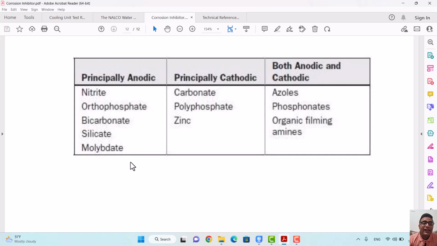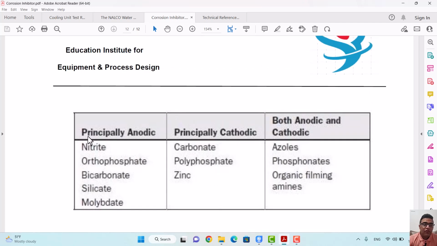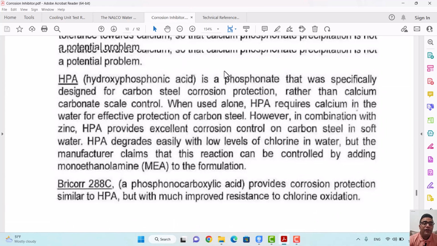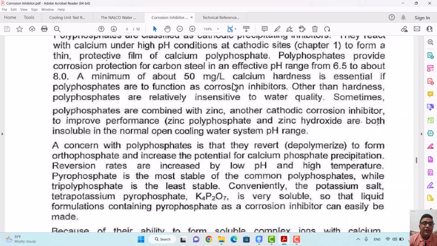We should select at least one of these elements from each of these columns. One from this column, one from this column, one from this column. At least one component; sometimes it could be two components depending on the perspective and experience of the manufacturer of the corrosion inhibitors. So we have nitrate, orthophosphates, bicarbonate, silicate, molybdate, carbonate, polyphosphates, zinc, azoles, phosphonate, organic film amines. And here I'm going to elaborate on some of the most important